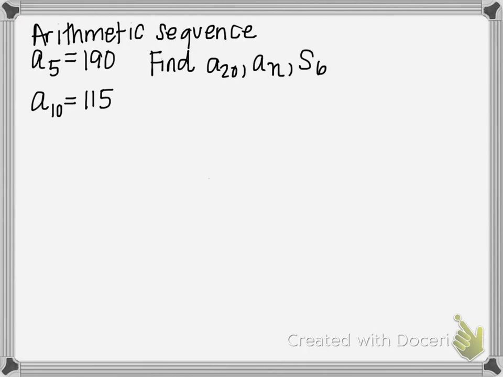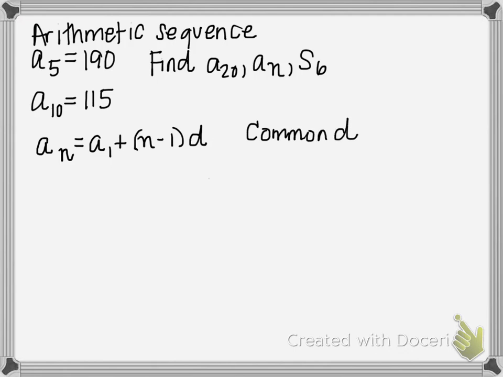So we'll jump in here and say that really the first thing I'm going to do is a sub n before I do a sub 20. So a sub n is a sub 1 plus n minus 1 times d. So I need d and I need a sub 1. So d is the common difference,